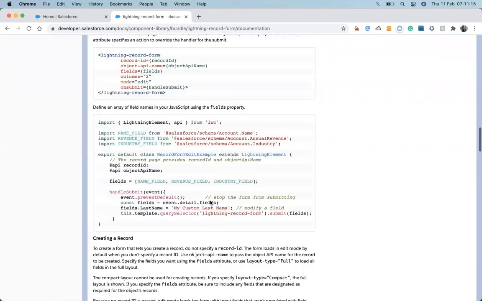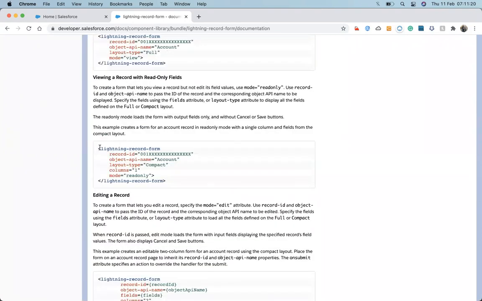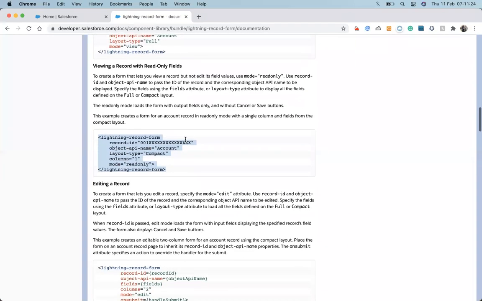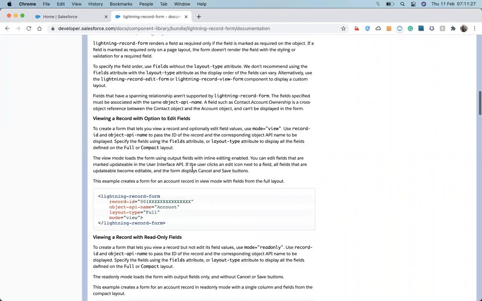So just like the record form, as we have seen earlier, that we have a record form, but we haven't discussed too much about that. So let's discuss that.